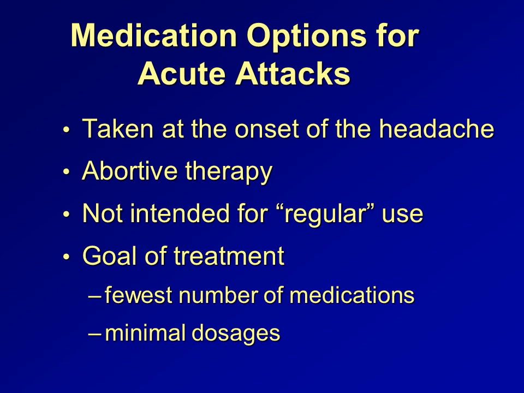We will now focus on the medications used to treat headaches. We'll start with a discussion of the medications that have been used for the acute treatment of headaches. The agents are for the most part very different from those used for the prevention of headaches. Medications for acute attacks are taken on the onset of the headache in an attempt to stop or abort the attack. These medications are not intended for regular or daily use. This practice can cause medication-induced headache, and this type of headache generally requires the discontinuation of medication.